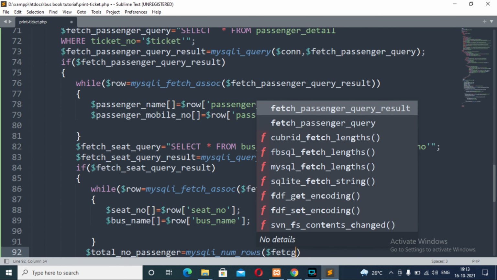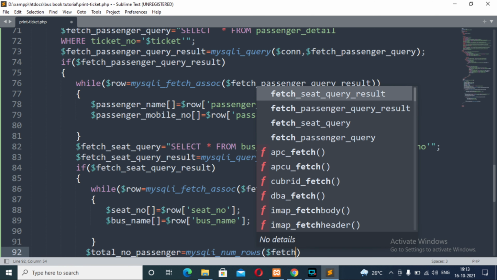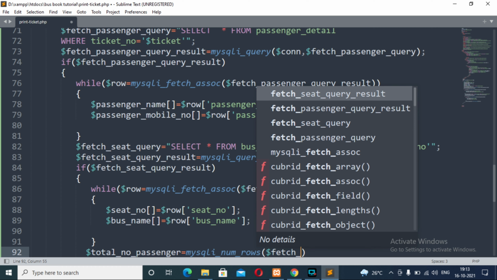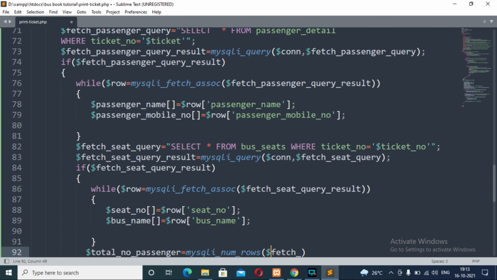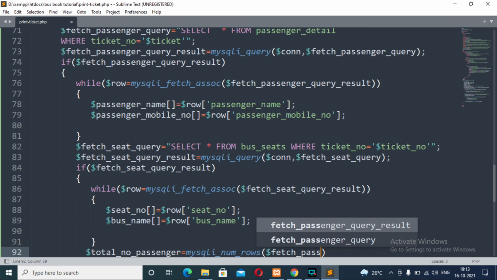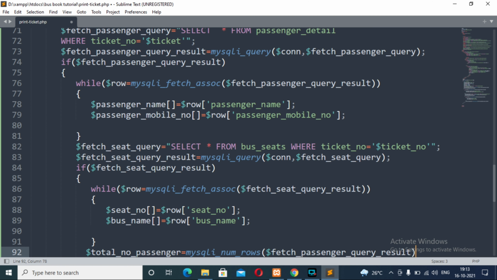So fetch seat passenger. Actually, we need to fetch the total number of rows in the passenger table to count the total number of passenger present through the corresponding ticket number. So, and which is present inside fetch passenger query result. So here you go.